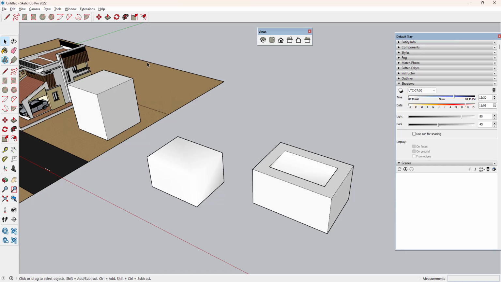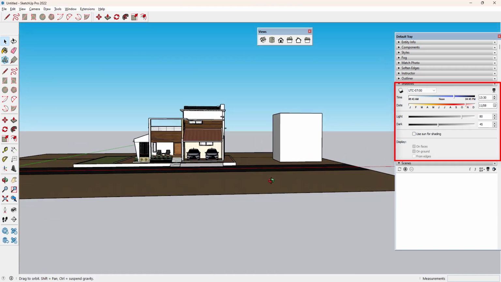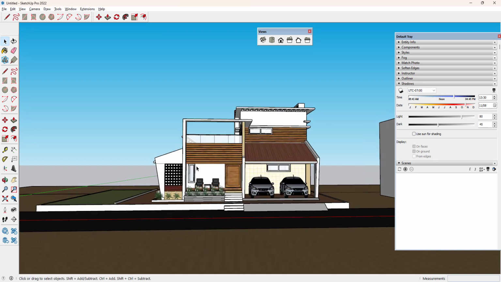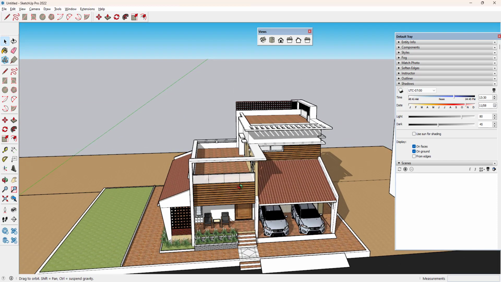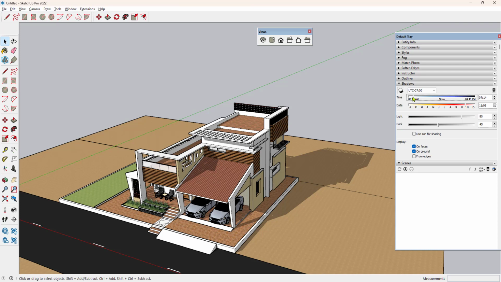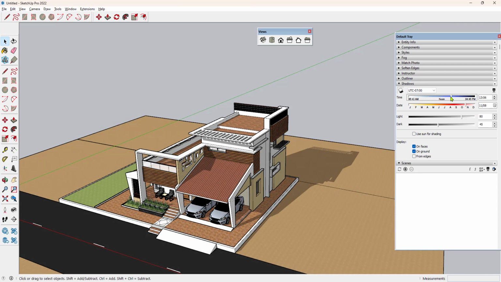Next one is shadow. Again I am clicking the front view. So this is the model front view. In order to get the shadow effect, make sure your shadow is on. For that, click on the show or hide option. Then you will get a shadow. So now, depending on the time, we get the shadow orientation. To change, you can switch it to morning, afternoon, or any time.